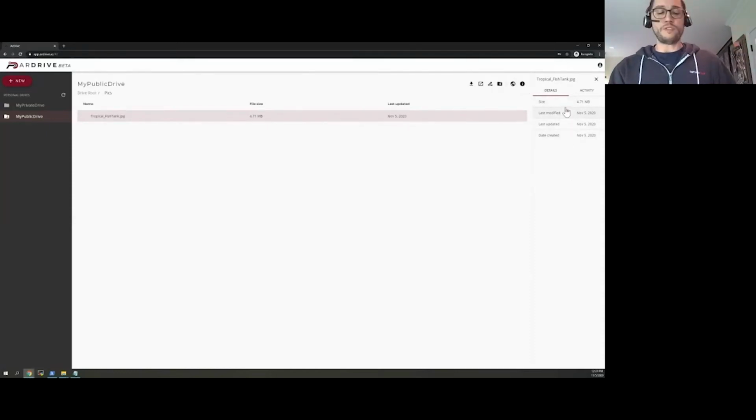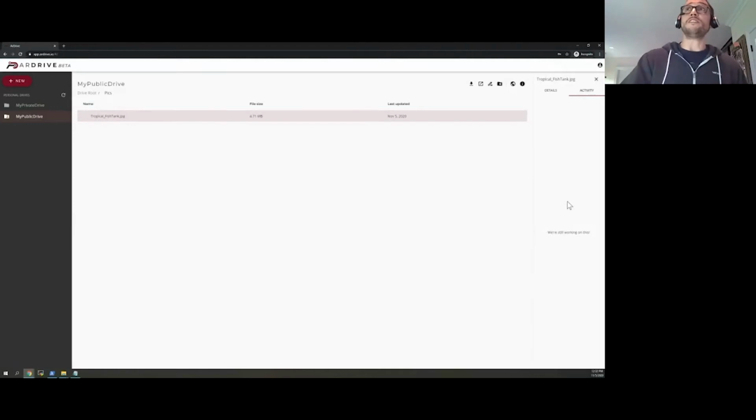This is a little bare bones right now, but you can figure if we add different tags in the future, whether it's core Arweave file system tags or maybe custom tags, we could show that in this right panel. But for now, we're essentially just showing when the file was uploaded and when the file was created. We can also see a placeholder for other activity. So for example, in the future, if we add things like file sharing, you could expect to see that here, as well as changing versions of the file and things like that.